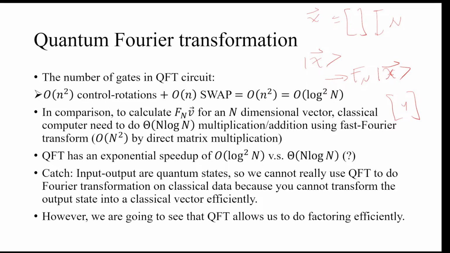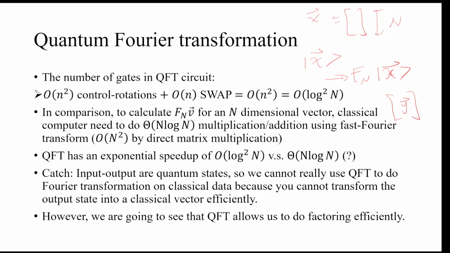Here is, I guess, a bit back to information theory. You are given this vector as a quantum state, but it is basically given to you as an unknown quantum state. You need a lot of time and a lot of copies of this state to learn each element of it. So even though you can do the quantum Fourier transform really fast, and you get an output state that corresponds to your classical vector y,